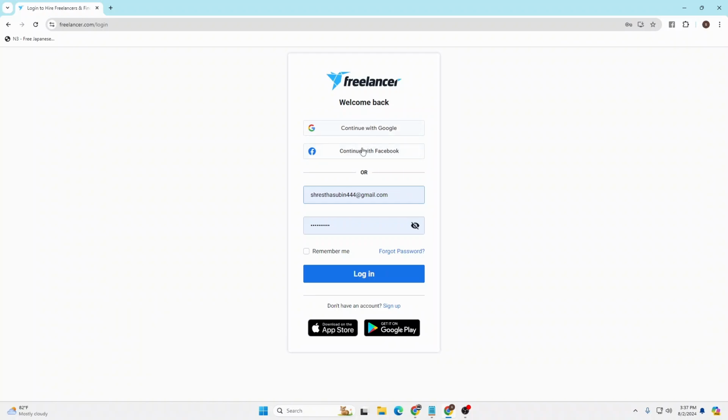If you click on either of these buttons, a login page to your Google or your Facebook account will open, and if you log into your respective accounts, you'll be logged into your Freelancer account with your Google or Facebook account. Now in order to proceed manually, enter your email address over here with which you had signed up for